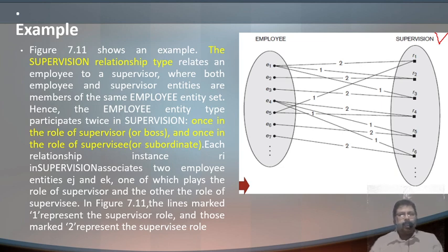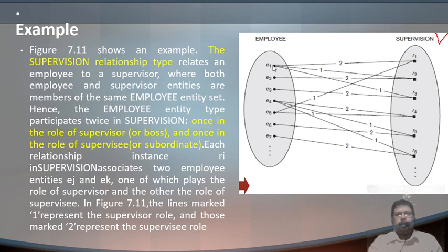So here each relationship is given as an R, and in supervision associates. To understand this, just go through this diagram. You see E1, correct, is in relationship 2, and he is also in relationship with E5. Here the number is 2 and here the number is 1. Can you see this here? Now how is this figured out? You see in figure 7.11, the lines marked 1 represent a supervisor role.